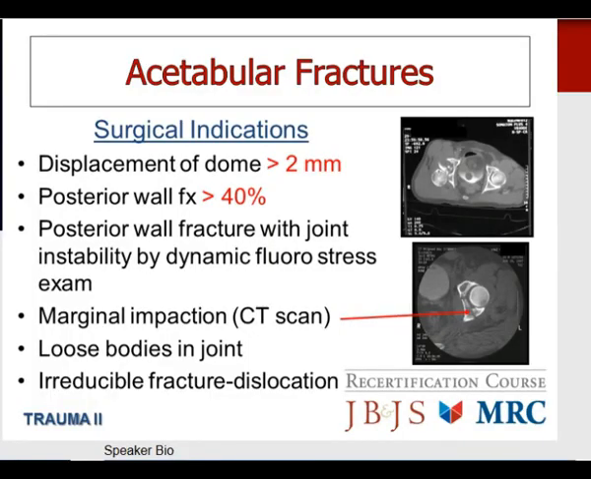Surgical indications for acetabular fractures include displacement of the weight-bearing dome greater than 2 millimeters, large posterior wall fractures involving greater than 40% of the posterior wall, or posterior wall fractures that have dynamic joint instability by fluoroscopic stress examination. This often requires putting the patient under anesthesia and examination in the operating room under dynamic fluoroscopic stress examination. Marginal impaction, which is typically only seen by CT scan, is another indication, as is demonstrated on